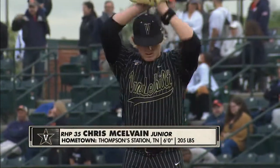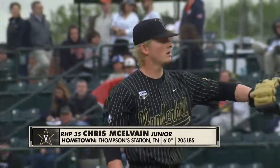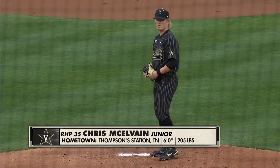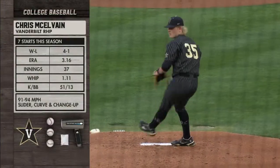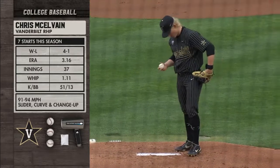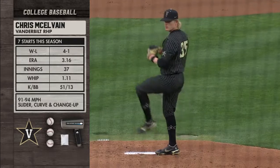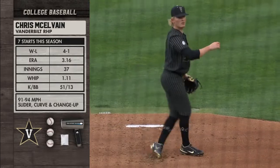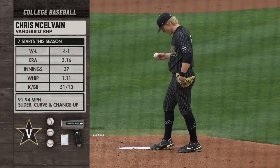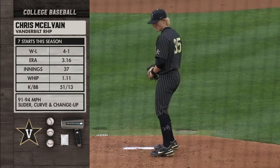Yeah, McIlvain, he's a junior coming in out of Thompson Station, Tennessee, and got his 4-1, making his 8th start tonight. Greg came in out of the bullpen last year, now in a starting role this year. Yeah, fastball is going to be in the low 90s, 91 to 94. Slider, curveball, changeup, much the same as Mullins. He is on the Golden Spikes watch list. And Coach Corbin called him a bulldog. So I'm looking forward to watching this bulldog get out there and battle and compete. Yeah, very complimentary